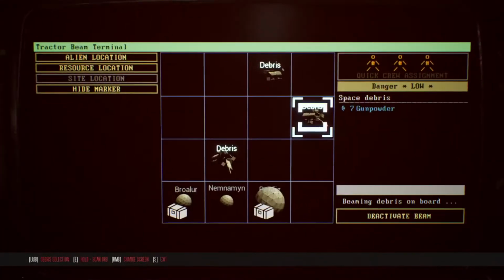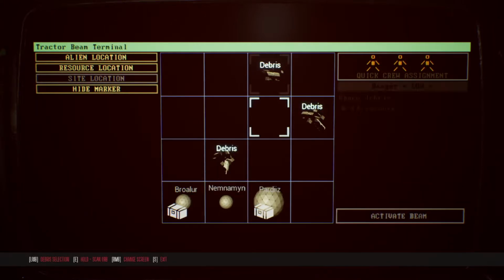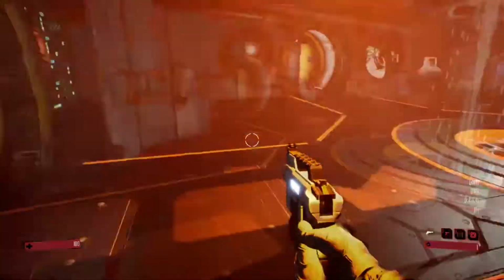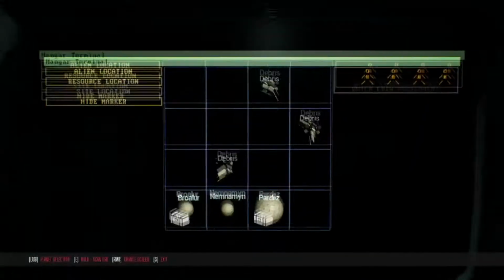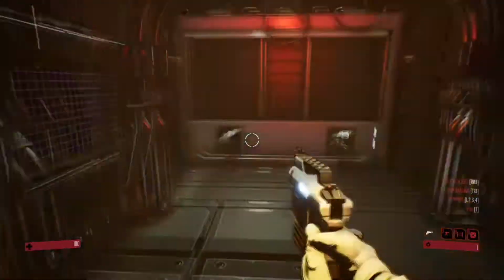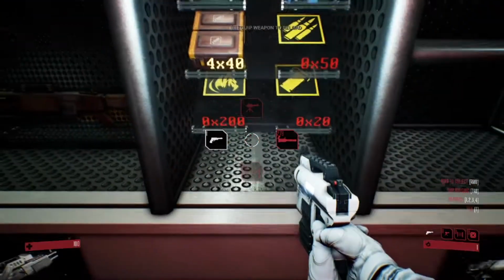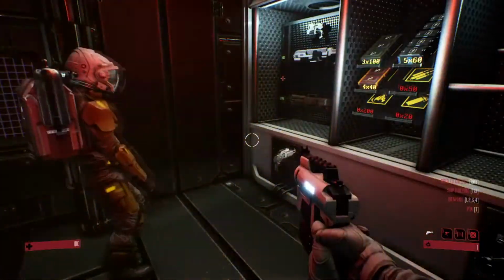I'm going to tell you to get me... I want the framework rather than the gunpowder, because that's the thing we've mainly found. Gunpowder or the raw material for gunpowder. Two sites down here. Harvest and launch. 8, 7, 6, 5. Come on, peeps. 3, 2, 1. Oh, I didn't finish running the...